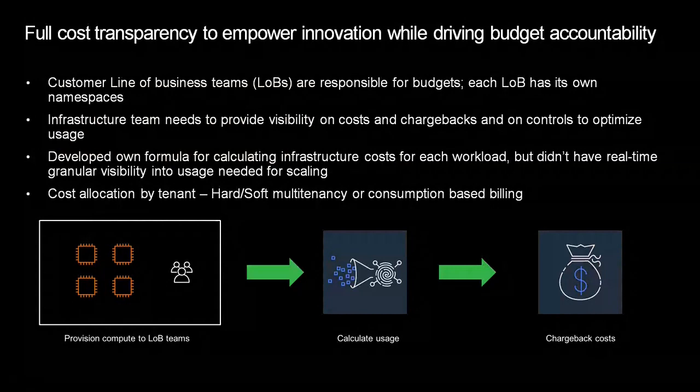And as I mentioned, you can also use multiple Kubernetes clusters. If you are already a customer who is migrating to EKS, you may create a separate Kubernetes cluster for each team. But over time, this becomes very difficult to manage. This is something called hard multi-tenancy, where you have a dedicated Kubernetes cluster for each and every different line of business.